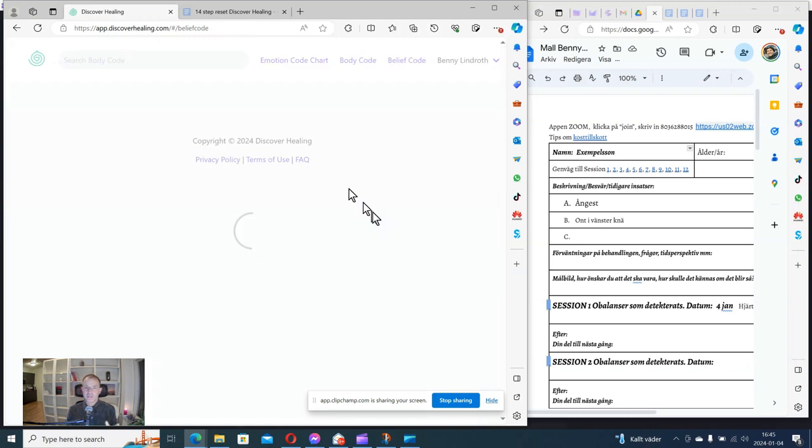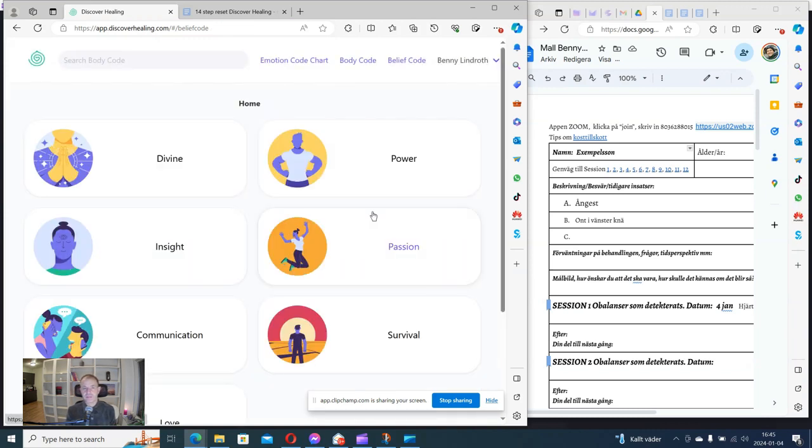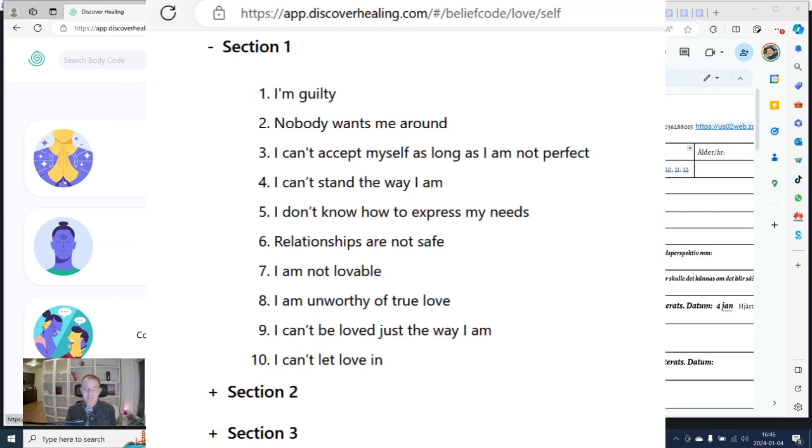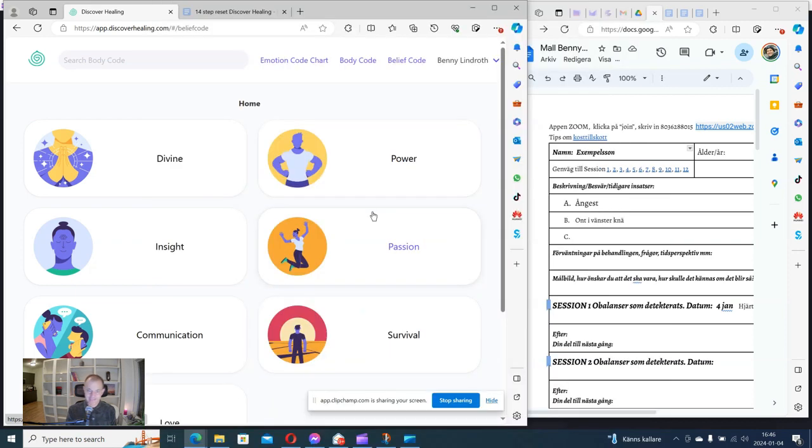So the belief code is a part of the body code, just as the emotion code is a part of the body code. When you enter the belief code, there will be a mini session within the body code session where we deal with the whole system of beliefs, and we structure the negative programs, the limiting beliefs, the faulty core beliefs, sometimes the faulty core identities.